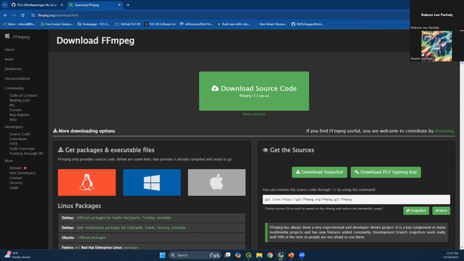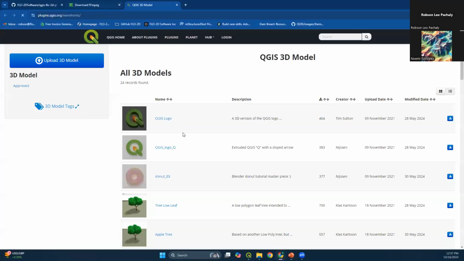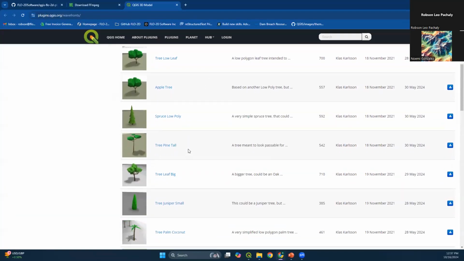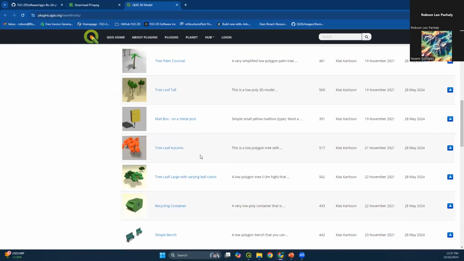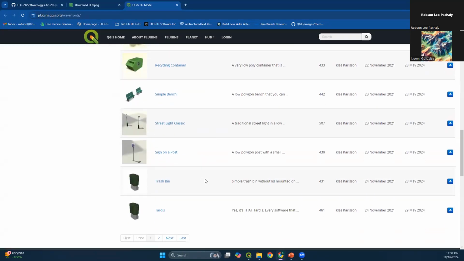Okay, so we have QGIS, we have the plugins, we have FFmpeg. I'm going to use trees as 3D models. So if you click here, it's going to get you into the QGIS 3D models. You can see that we have some apple tree, spruce log poly. We have also some mailbox, recycle container, street lights. You can add those into your 3D